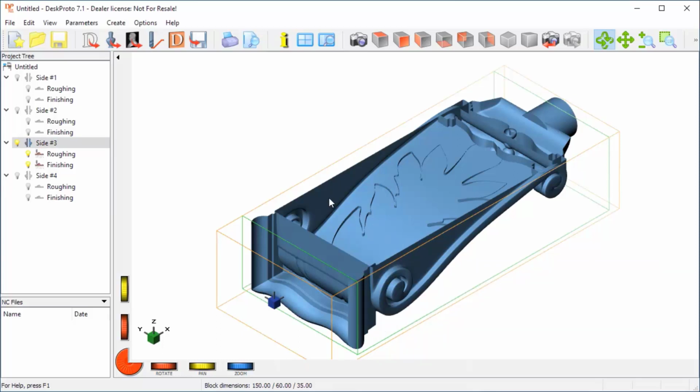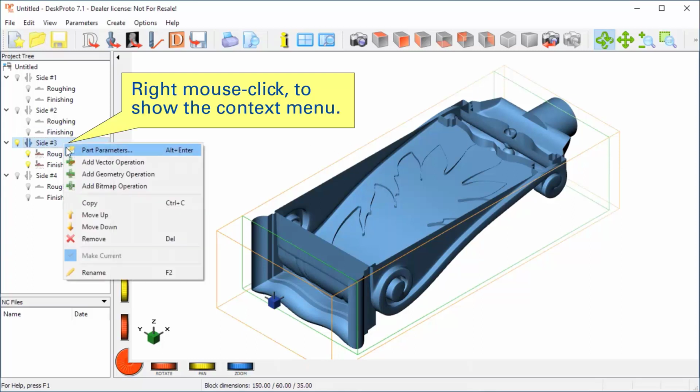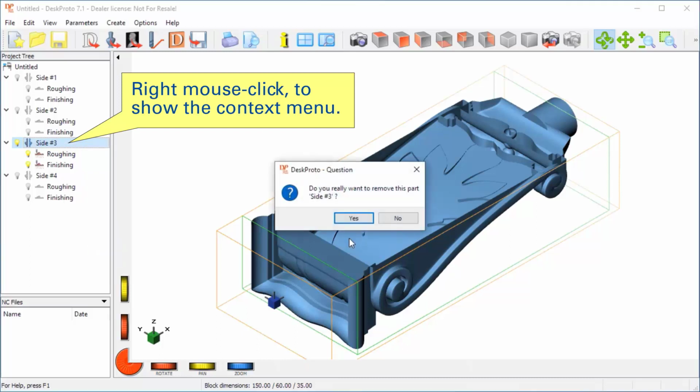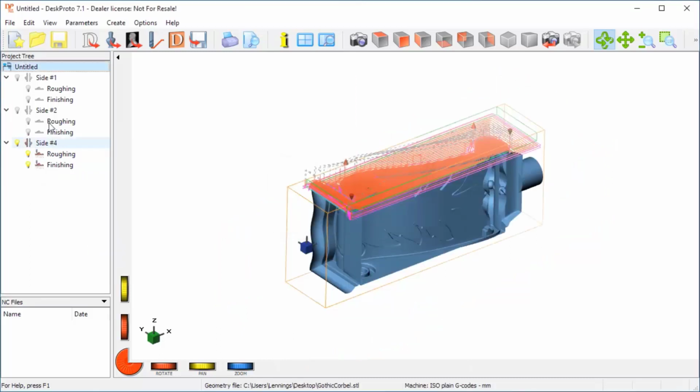So I want to remove the complete part for side 3 and then manually machine this side, make it flat when that's needed, or I can simply use the backside of my block for that side. So for side 3 I simply say remove, and Desproto will automatically correct the chain. That one valid chain will be the result.